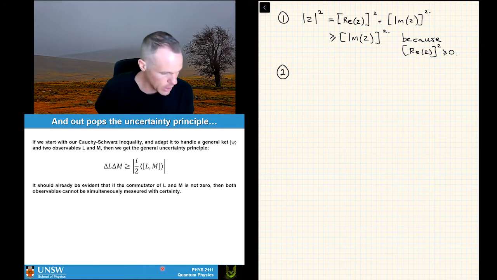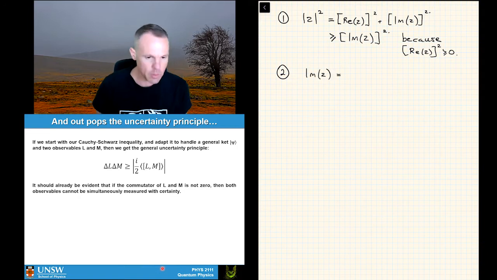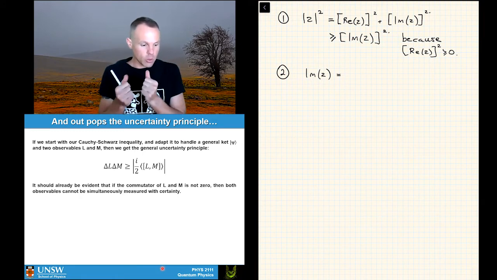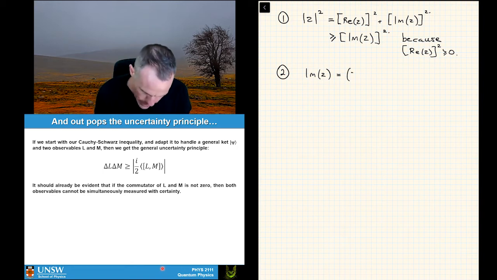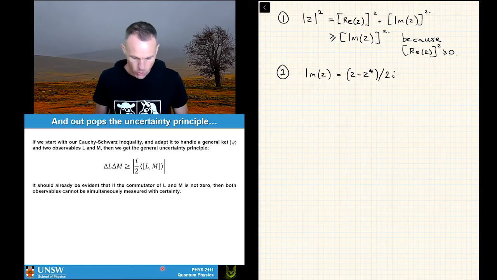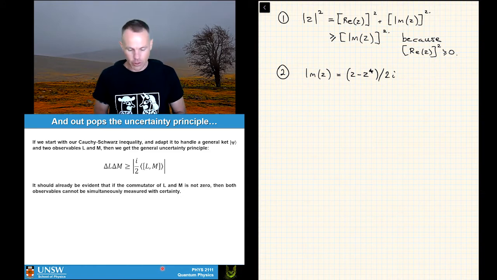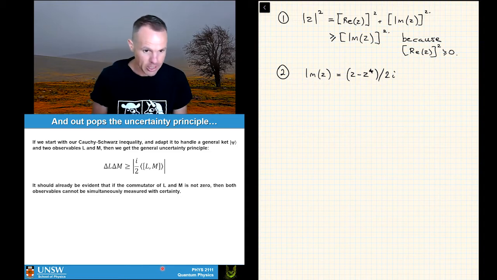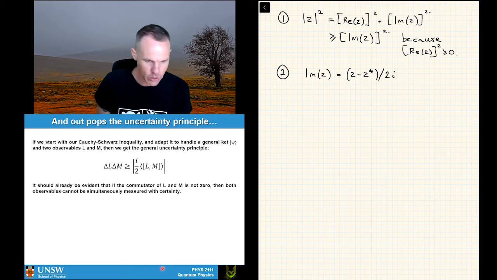The second thing we need here is to know that the imaginary of z is able to be written as z minus the conjugate of z divided by 2i, okay? z minus z star on 2i. And this is something you learn pretty quickly when you're doing complex maths courses. And so if you're not sure of this one, you can check it for yourself. You can either prove it for yourself or you can just put some random complex number in there and verify that it actually behaves exactly that way. So these are the two things we need.